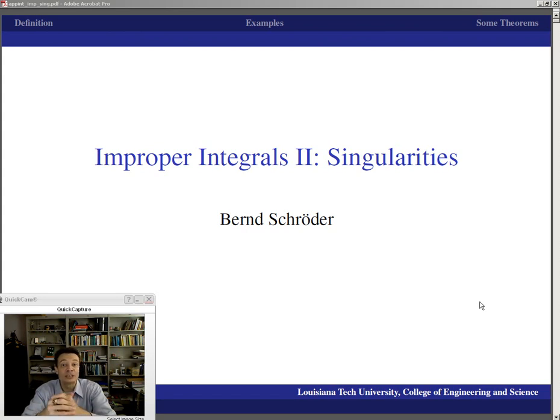And a lot of what we're going to see here is very similar to what we did in the previous presentation. And so here what I'd like us to do is look at the definition and realize that the spirit of the definition is very similar. We're going to establish that the computations are very similar. It's again limits of integrals. And we're going to talk about some estimates that we're going to use in the examples without really stating the